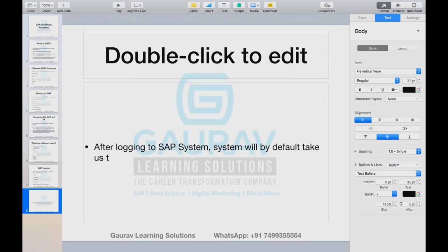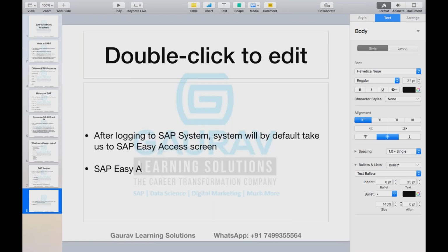Okay, SAP Easy Access screen is used by whom? By consultant or by end user? End user. By end user, right? SAP Easy Access screen is used by end user